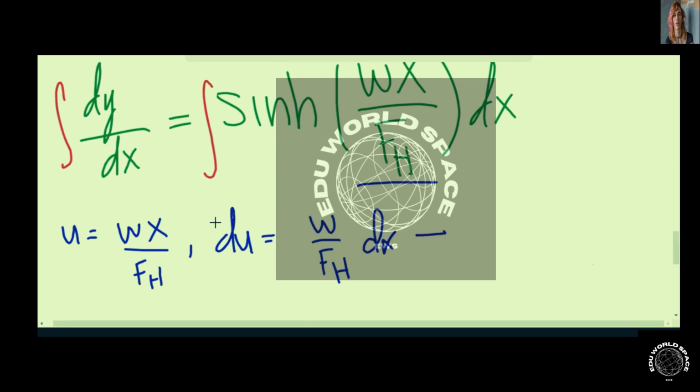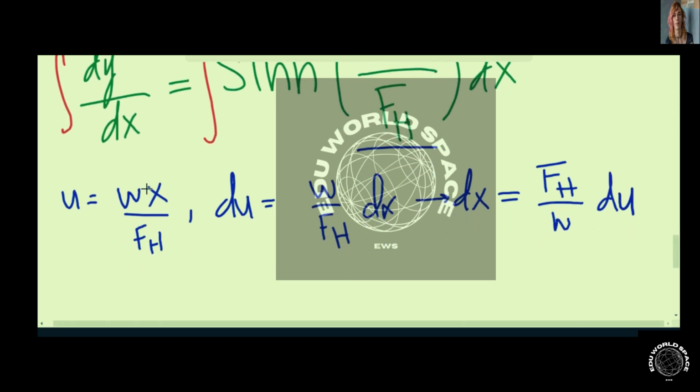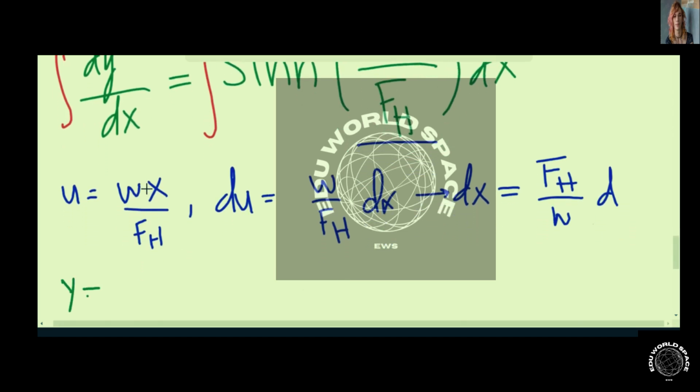And if we solve for dx, that equals f sub h over w times du. And by substituting in these variables and solving for the integral for the entire equation, we get y equals f sub h over w times the hyperbolic cosine of w times x over f sub